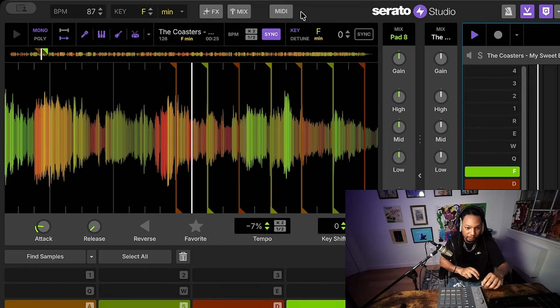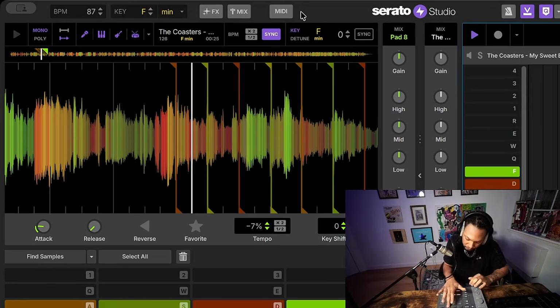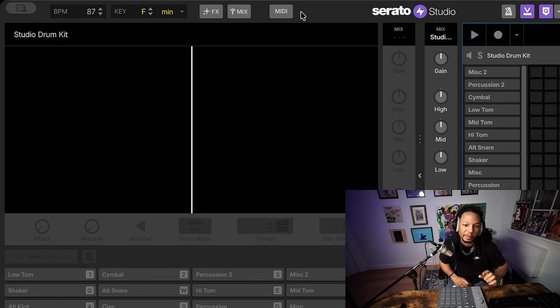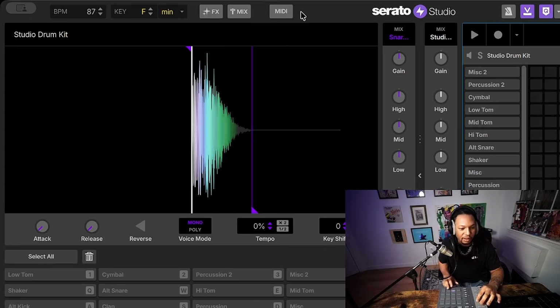Now we still have a special technique with sampling too, is that if you chop breaks up, you can still layer drums on it, right? So it's not like, okay, we got a break, that's it. But why not? We can, right? If I want to go in this direction, I'm going to load up some drums real quick.